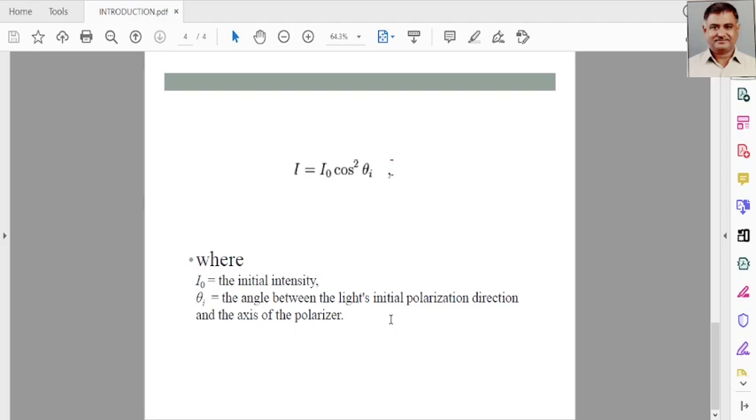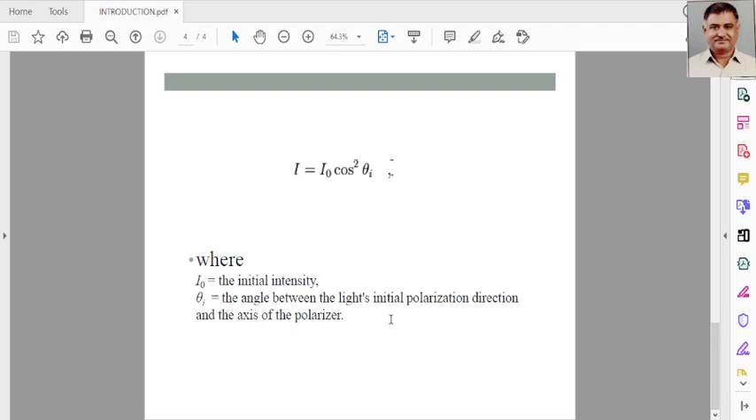Friends, afterwards we have to see the next concept concerned with polarization, that is nothing but double refraction, because the Huygens theory of double refraction in uniaxial crystal depends on this concept, and therefore